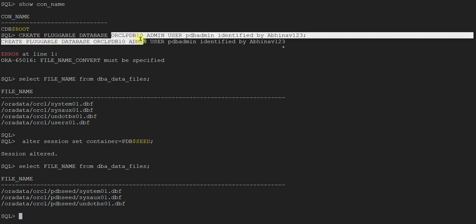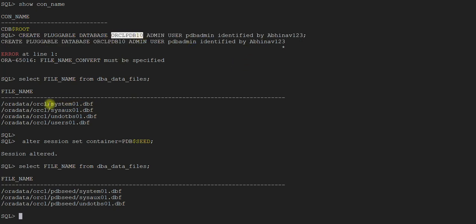Let's say it will create a GUID under this slash, and then create files underneath it. That is OMF based, but currently we are not using OMF, so it doesn't know where to create it.